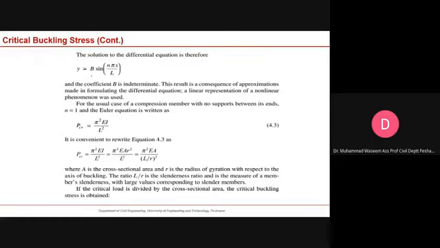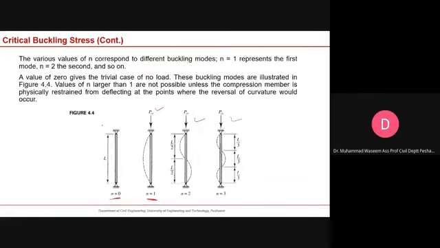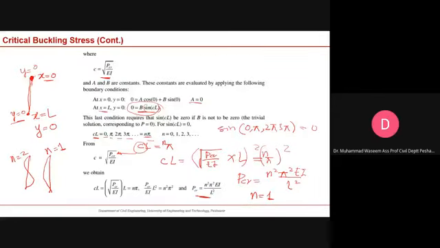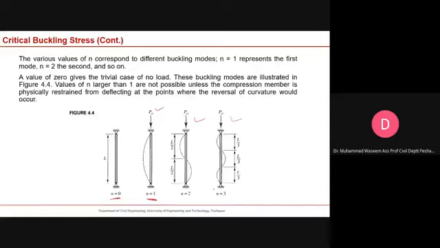If you put the A and B values into the y equation, this equation will give you this solution. We have already seen this derivation, and we went up to this point. If you put n equal to 1,